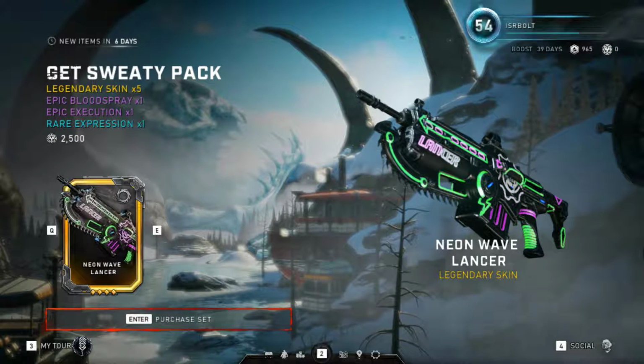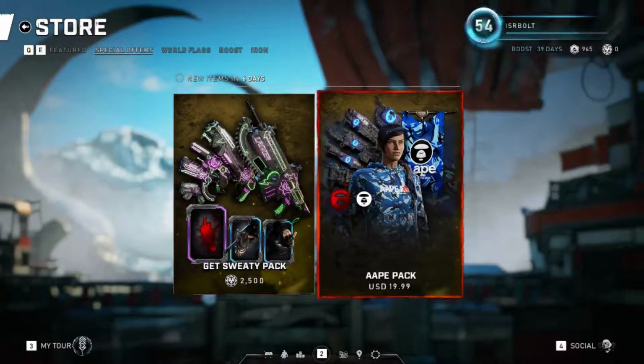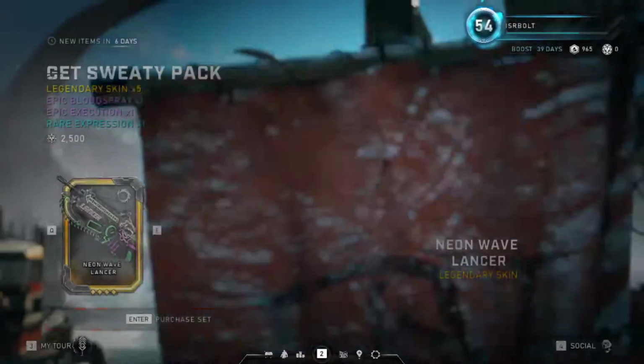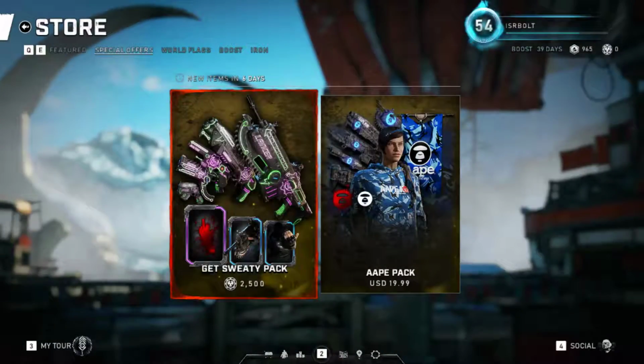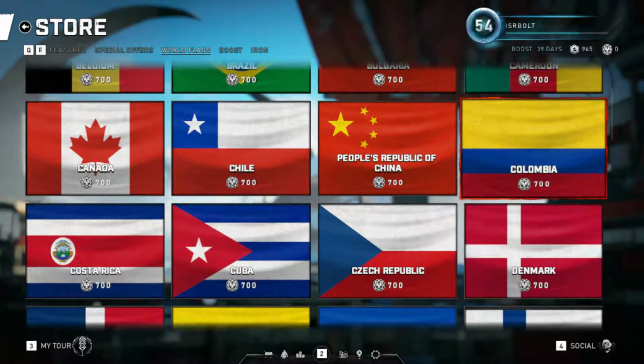So actually no, wait, sorry, I meant to say that the prices were throwing me off here. It's 2,500 iron for that, but this is USD $20. So I guess this doesn't give you 2,500. I don't know. I haven't bought it. I probably won't. But then all the world flags, which is another interesting choice